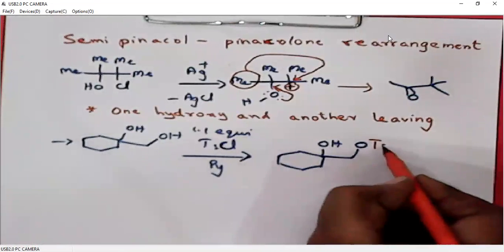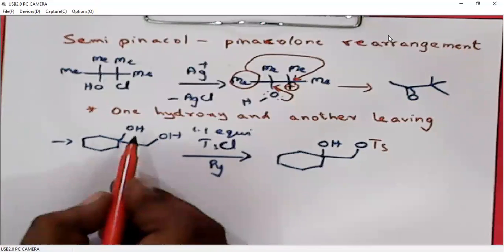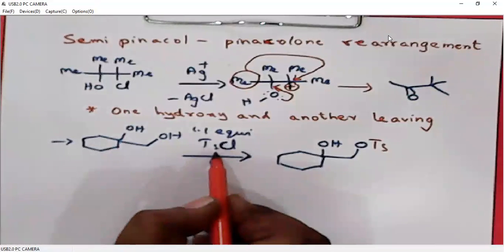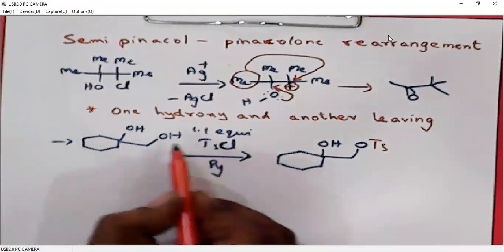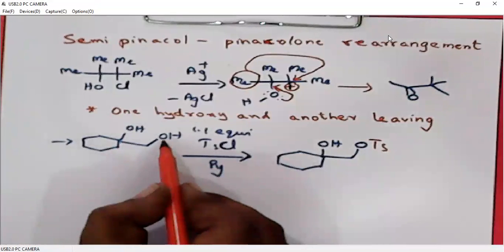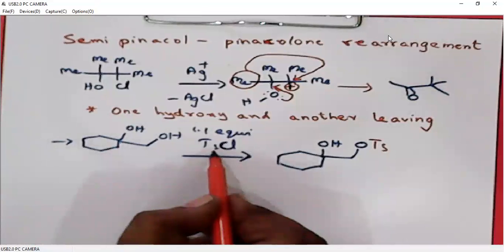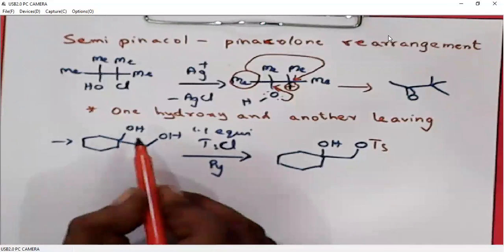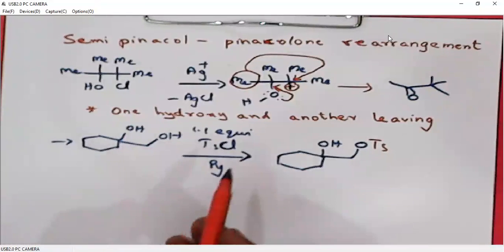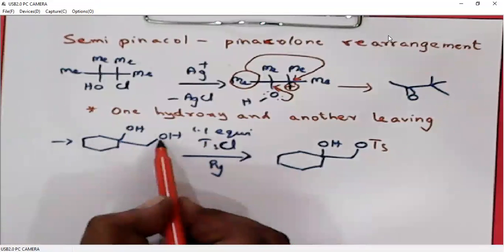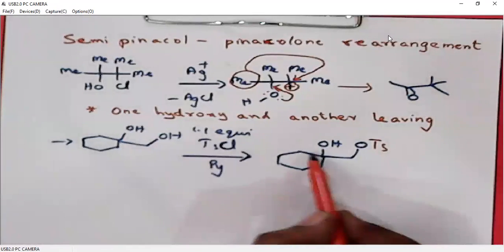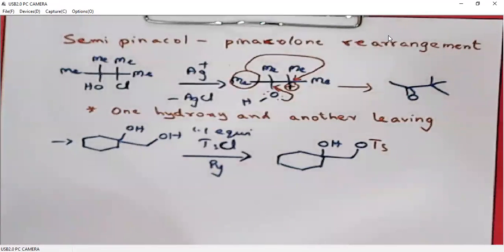Pyridine is a base which will pick up the protons from both oxygens. It doesn't matter. But paratoluene sulfonyl chloride is a bulky reagent, so it will react fast with the less sterically crowded hydroxy, whereas it reacts a little bit slowly with the more sterically crowded alcohol. So when we want to differentiate primary, secondary, and tertiary alcohols, we need to take only one equivalent, which is required for protection of one alcohol, and do the reaction in a short time. So it can easily differentiate primary, secondary, and tertiary alcohols.